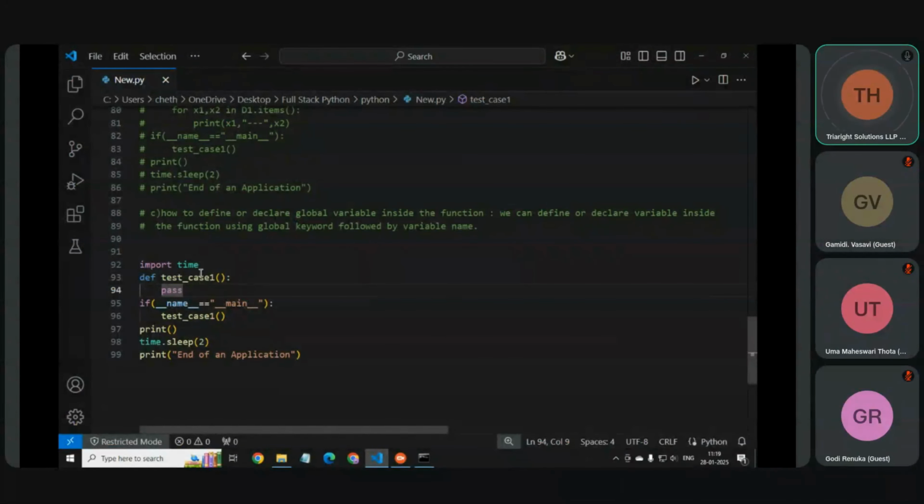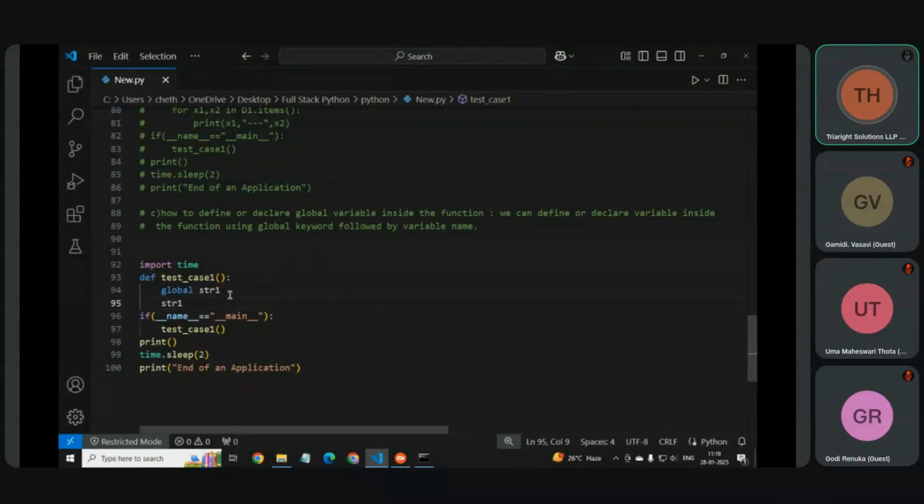So let's see how to define or declare variable inside the function. Okay. So what we have to use? Anyone? We have to use global keyword. Okay. Then here we write str1. Okay. Then we use str1. See, in the function we create a global variable. First we use the global keyword, then we write a global variable name. Okay. Then after that we give the value to that,